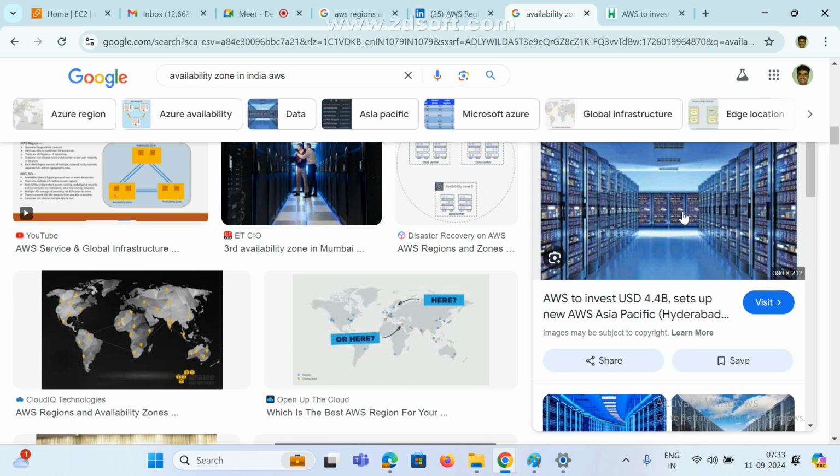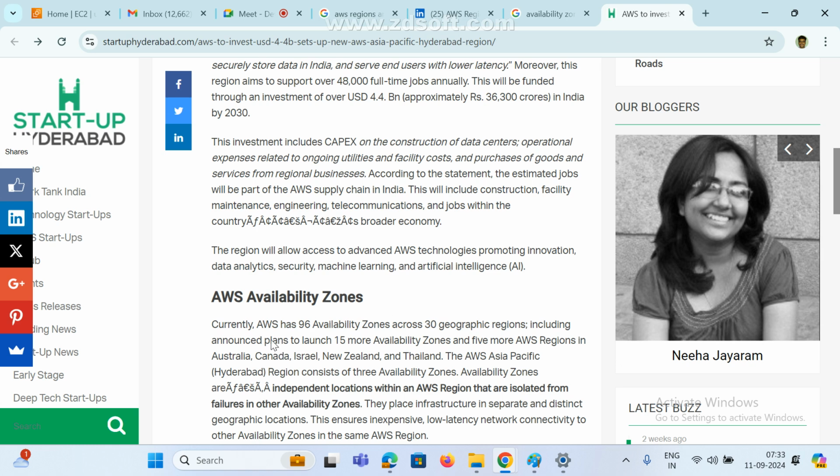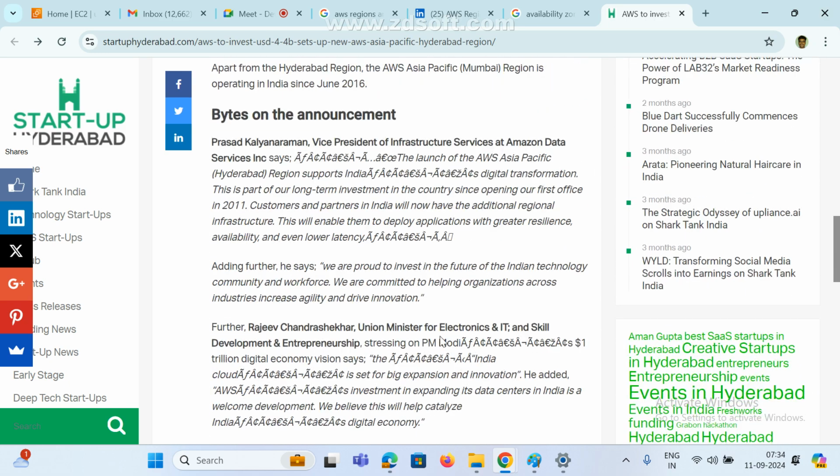So in total there are 30 regions and they are maintaining 96 availability zones. Mumbai has two availability zones, and in the same way Hyderabad has two. In the US, they maintain many availability zones.